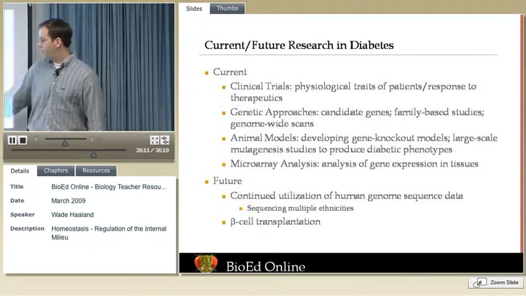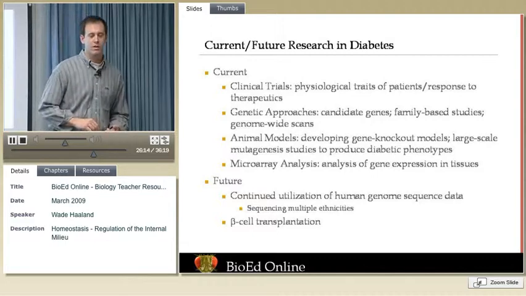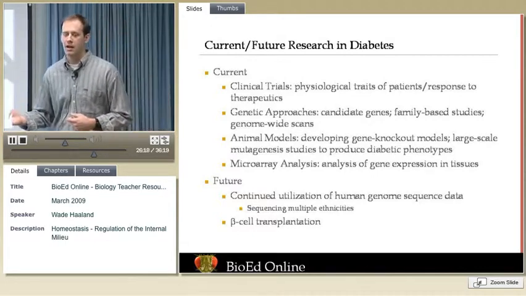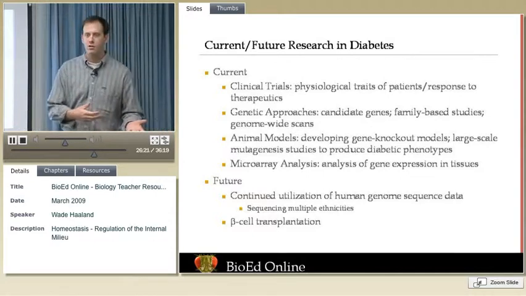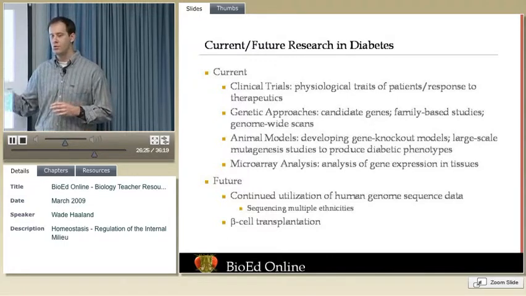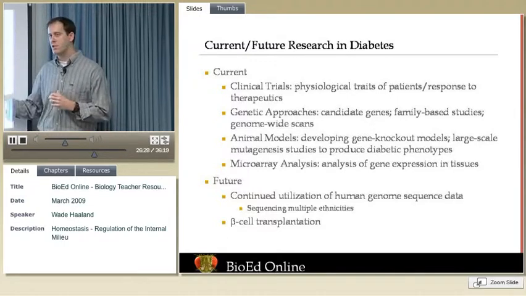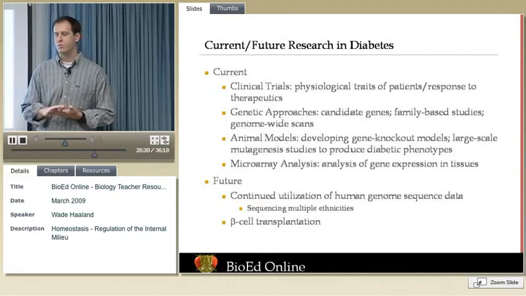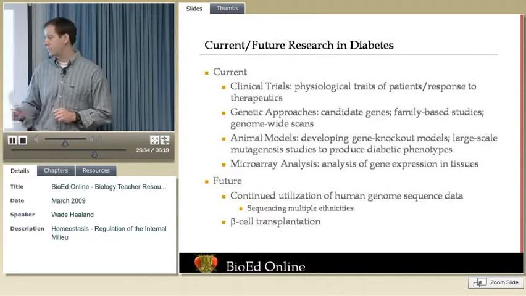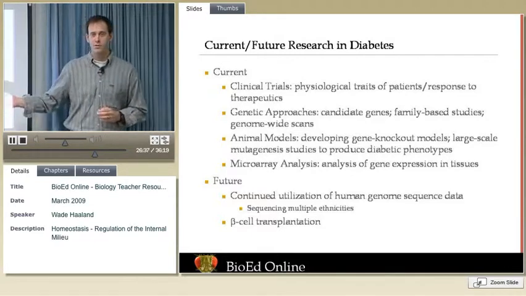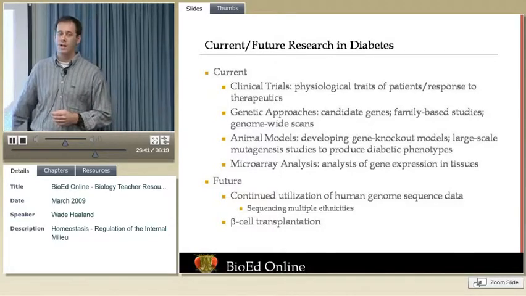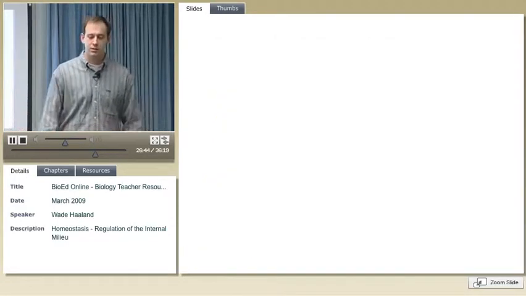And then beta cell transplantations have been in the news a lot lately. This is where beta cells from a healthy individual have been transplanted into a type 1 diabetic. So you're thinking these will be destroyed. What ended up happening is these severe type 1 diabetics, who were taking insulin multiple times per day to regulate their glucose, all of a sudden were medicine-free. Now, as it turns out, eventually these cells do die off and they're back on meds. But a first step has been taken, and so it's a really exciting new technology.